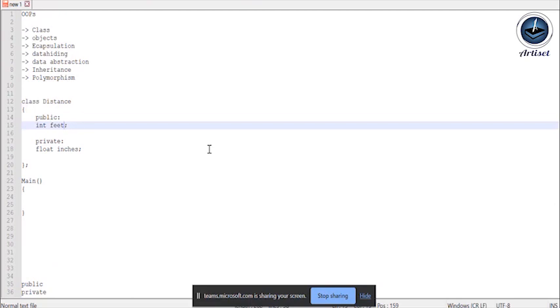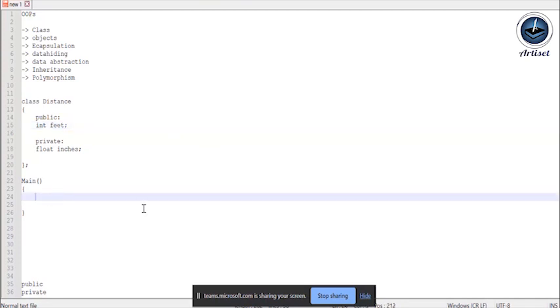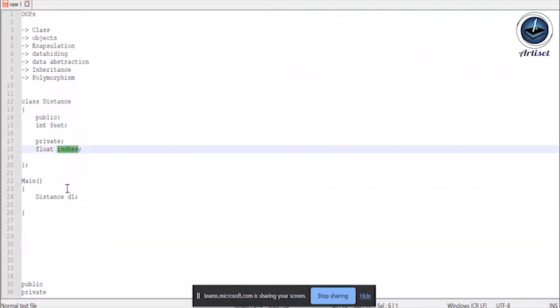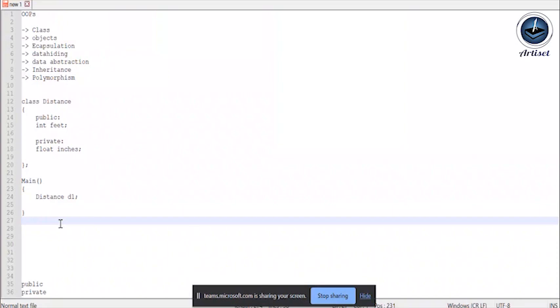You can create any data item, like any data type, for example a variable integer i equal to 10. But here we cannot assign directly any value to a class member variable. You must create an object, and that object will create an instance, with memory allocated for those particular variables. If I am creating an object d1 for this distance, a separate memory area is allocated for these two member variables, feet and inches, in memory, based on the data type or size of the data